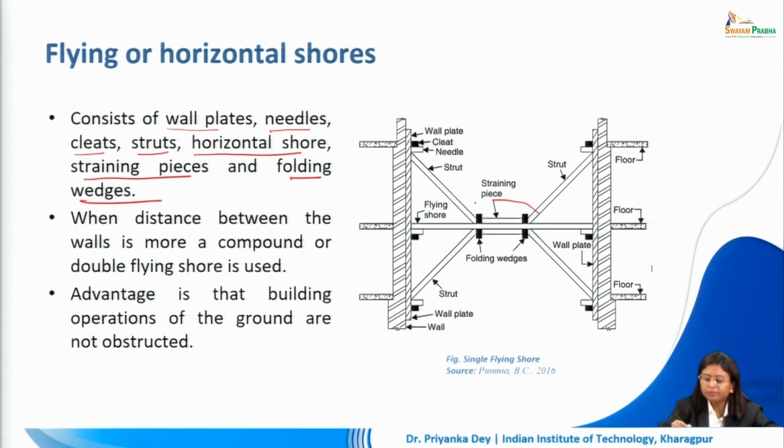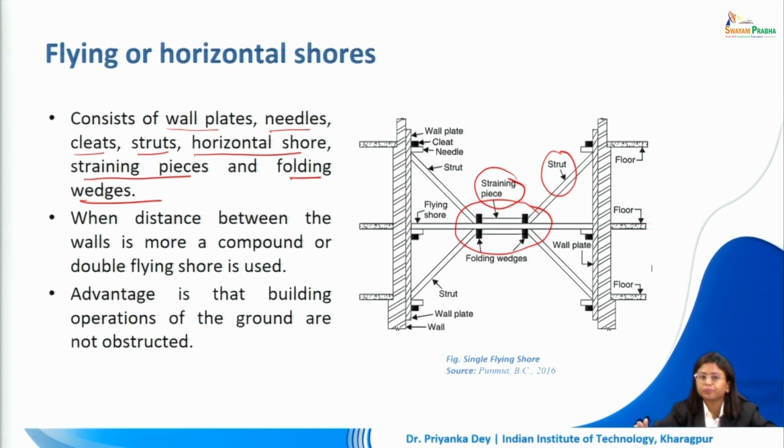The straining pieces and the folding wedges actually help us keep the struts and the flying shore in position. So the horizontal member is the flying shore. We are taking some connection between the wall plate and the flying shore with the help of the strut. Now this strut has to be kept in position so that it does not slip along the horizontal shore. That is where we are adding the straining piece,